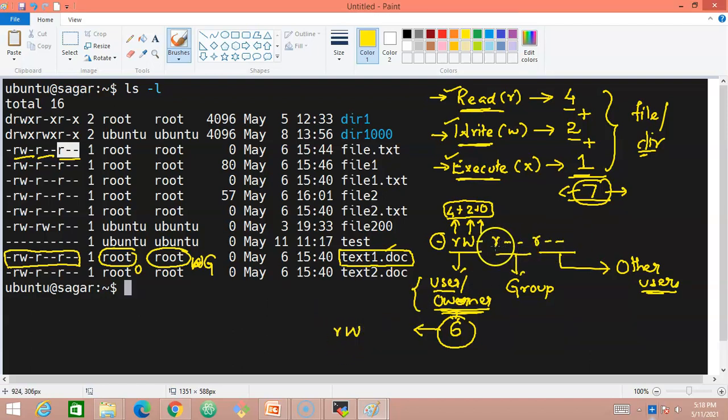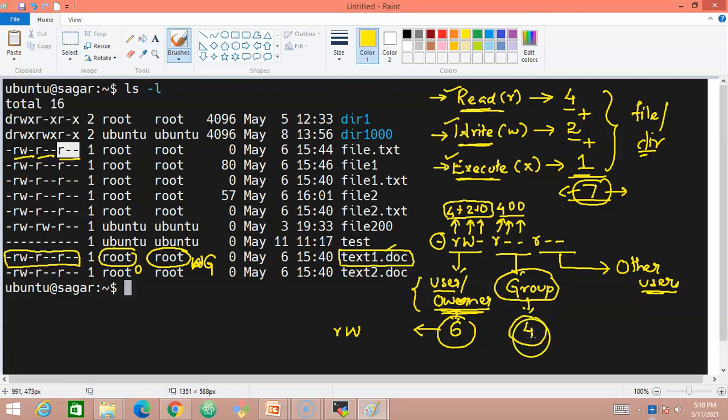The group has only read permissions available here. So what we'll do is, the read is nothing but 4, and the next value, write, it doesn't have write permissions, and for this group we don't have the execute permissions as well. So it is nothing but 0 and 0. When we add all these three values, it adds up to 4 here. So it means that this particular group has a numerical value of 4.